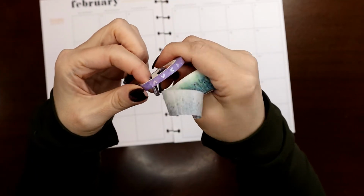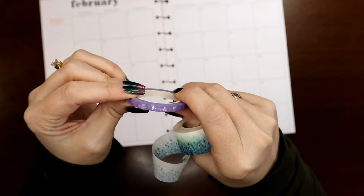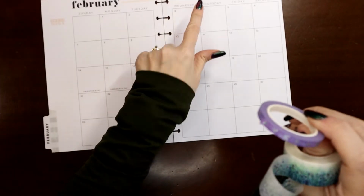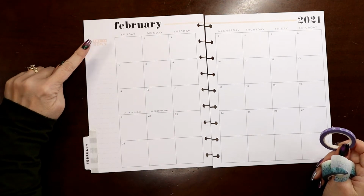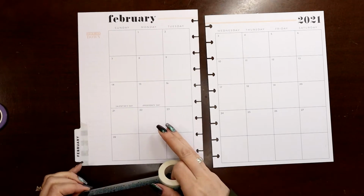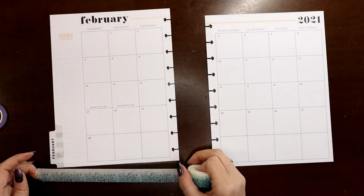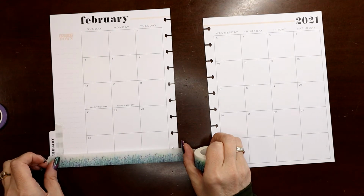So I have this one from the recent Planners Anonymous kit, Under the Stars, and I'm going to use it to cover up the peach. And then the only other peach is going to be this right here, this Jot It Down, and we can find a sticker to cover that. I'm going to pull from some of the wellness sticker books for that. So first things first, let me cover up,